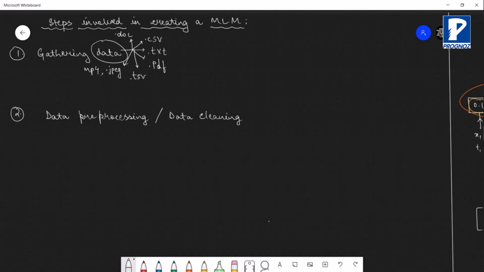Depending upon the kind of information you want, there are different possibilities, different ways to gather the data. Now what happens is that the data that you gather or collect is not in a structured format. Data is in a raw state. So data that we get is in a raw state.